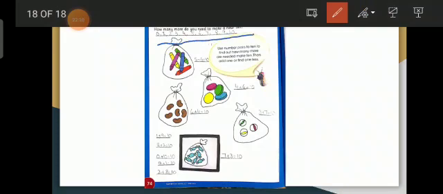Right after the question, I wrote numbers 0 till 10. 0, 1, 2, 3, 4, 5, 6, 7, 8, 9 and 10. I have written all the numbers to 10. Okay. Now see, 5 plus 5 makes us 10. 4 plus 6 gives us the answer 10. 6 plus 4, that answer is 10. 3 plus 7, the answer is 10. 7 plus 3 also gives us the answer 10.